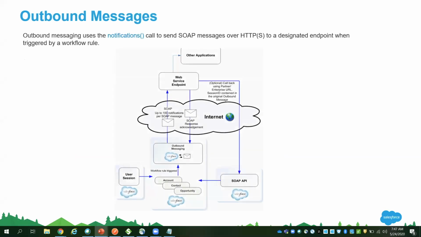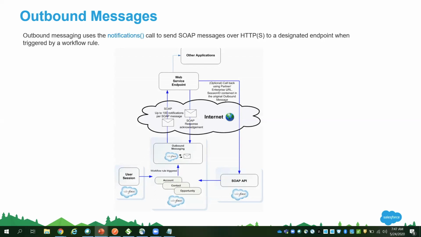Next is outbound message. You might have seen workflow rules. In one of the workflow rules, I think there is an option called outbound messages. So this is more like configuration. Whatever we have seen with the REST and SOAP API, the same thing. You can choose the option as outbound messages.